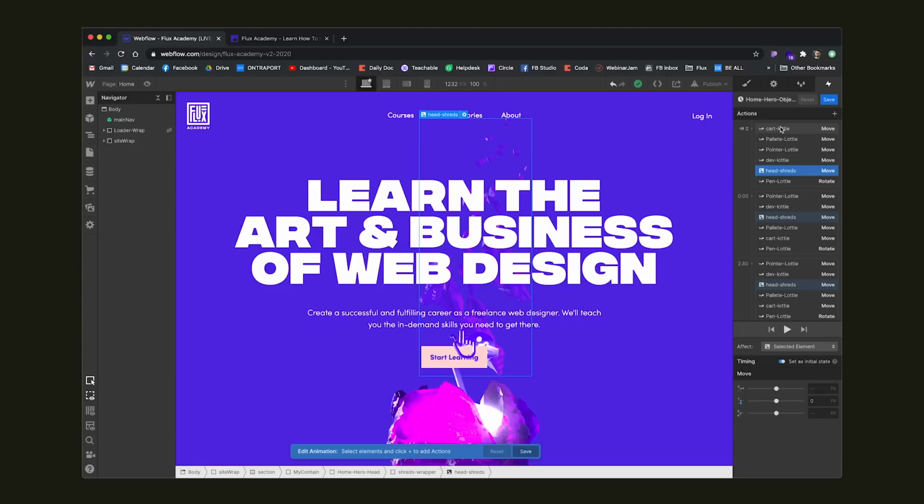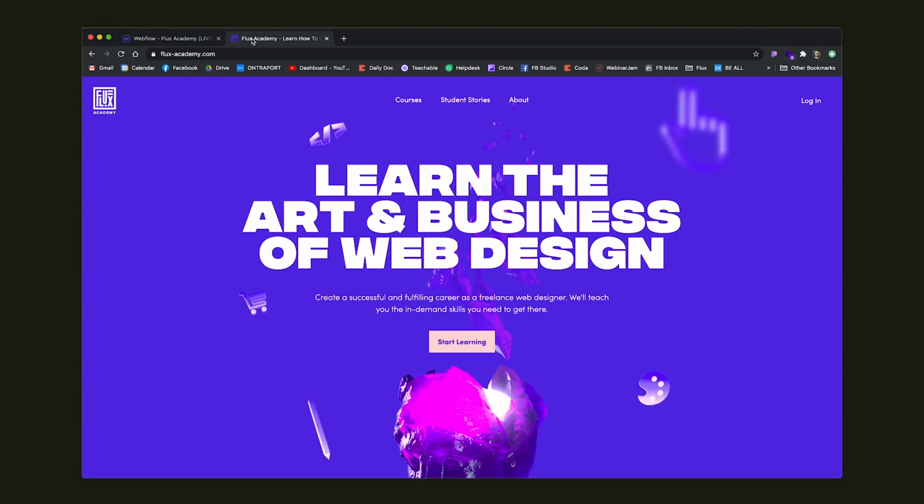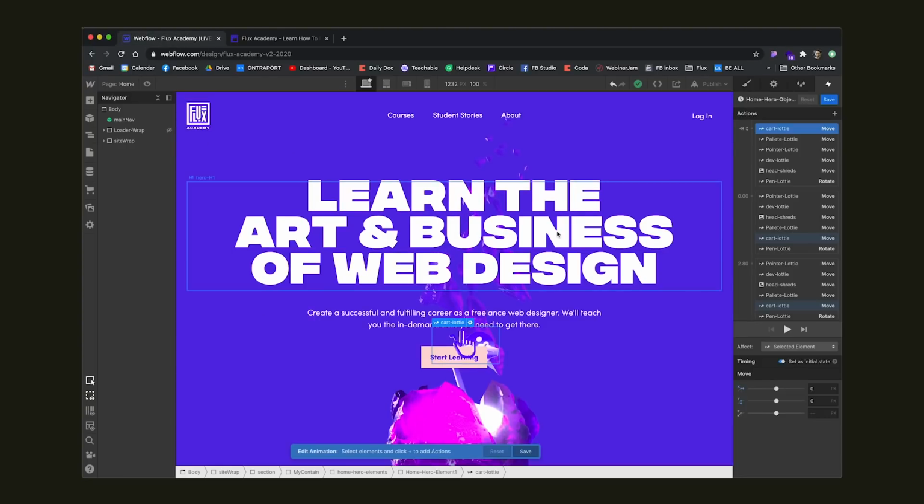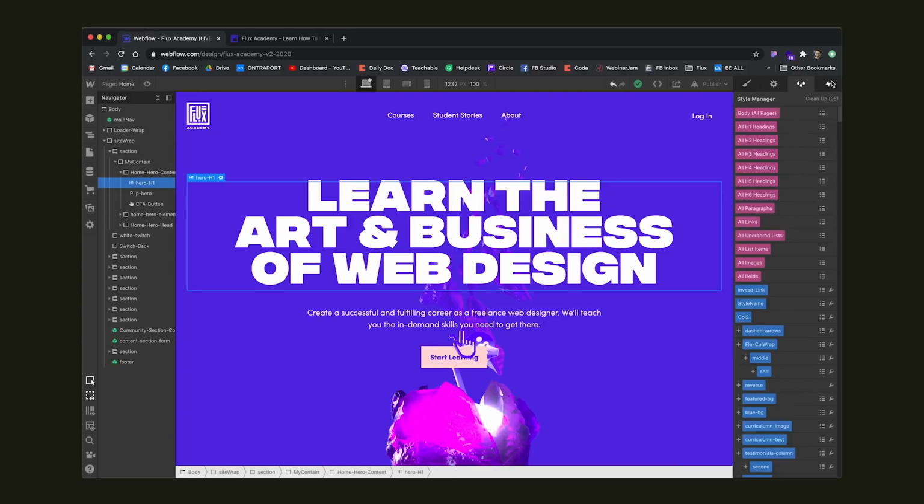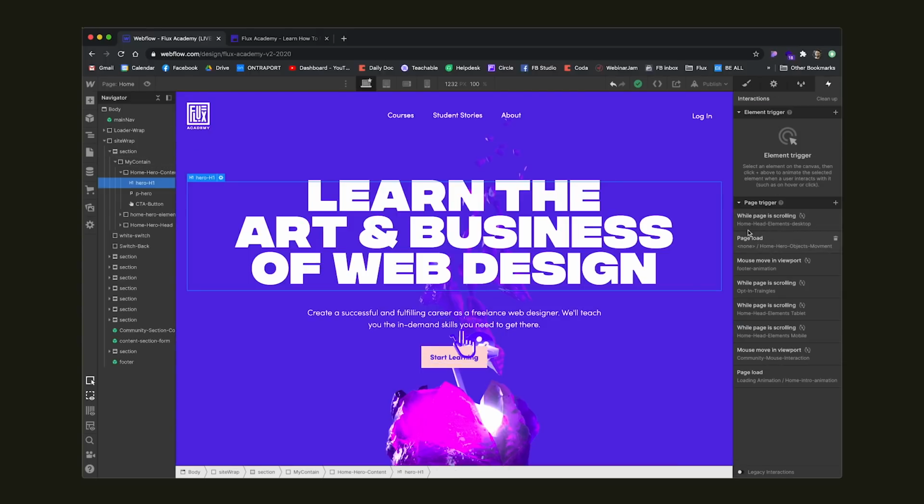Now, one more thing that you can see is that right now, it looks like all the objects are here in the middle. But actually, when we're previewing the website, you can see that they're all in different locations. And the reason is the second interaction, the interaction that actually moves them into the position inside of the head. So that's done in a different interaction. Let's see that. That's actually a page scroll interaction, okay?